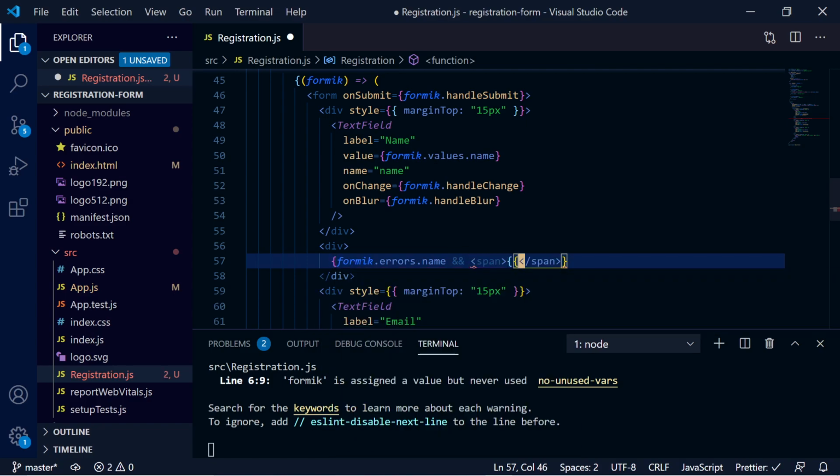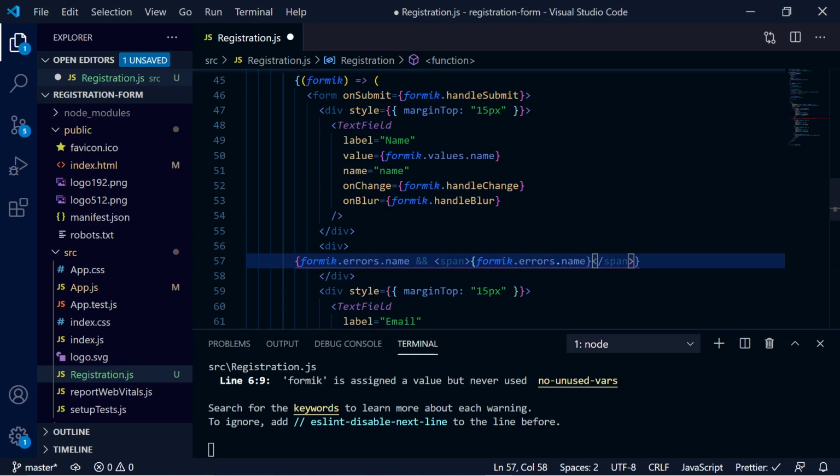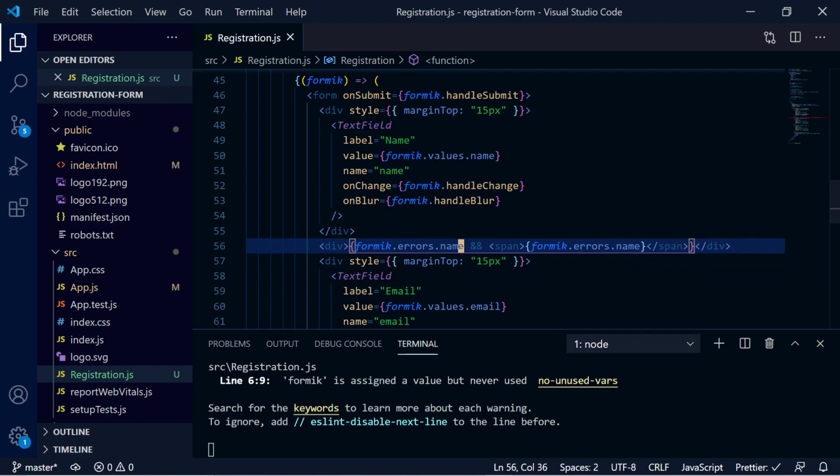Inside that you can write your error Formik.errors.name. What this line means is that if we have a name error, then we want to show the name error in a span element beneath that text field.